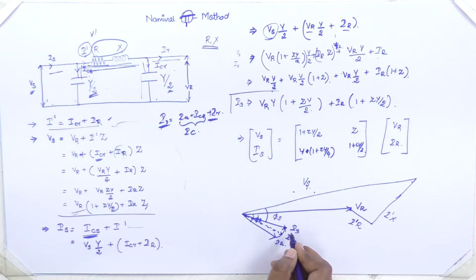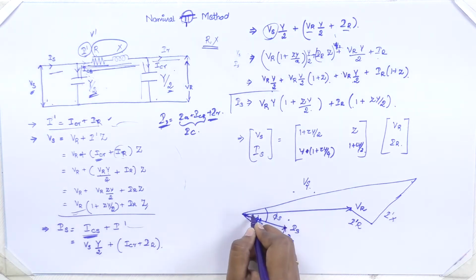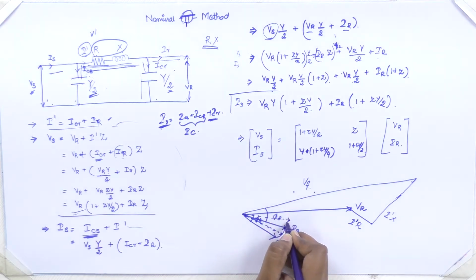so these three will account for the current Is, that is the sending end voltage, and from that, which is led by the current ICS, IR which is lagging the capacitive voltage ICR, and Is which is also lagging the capacitive line current, that is